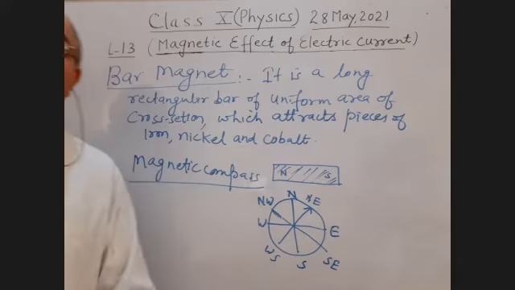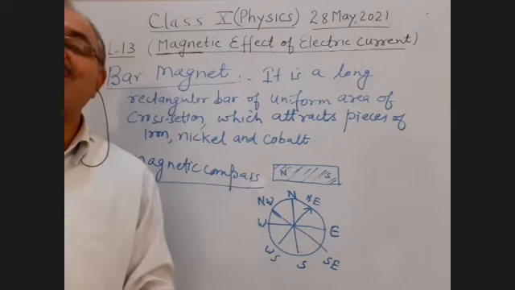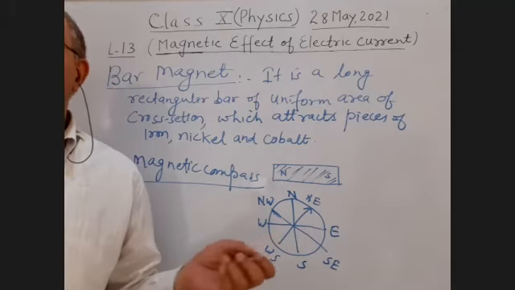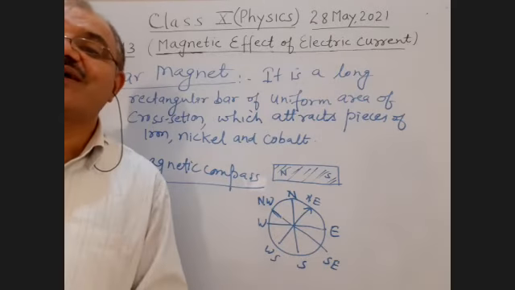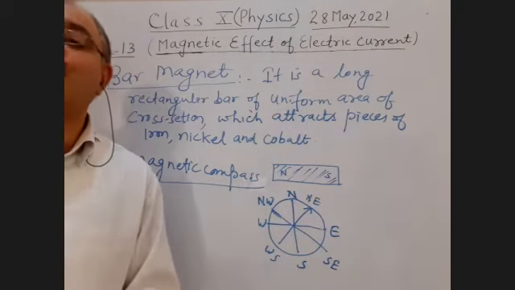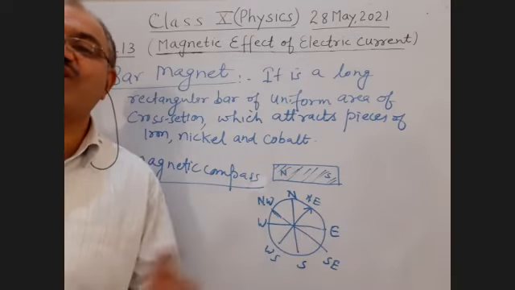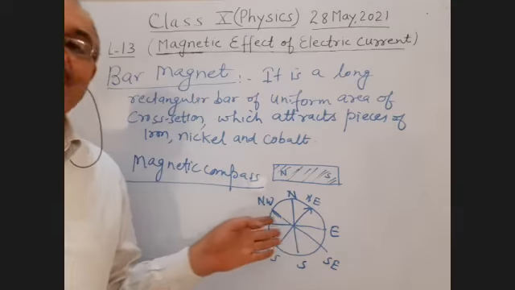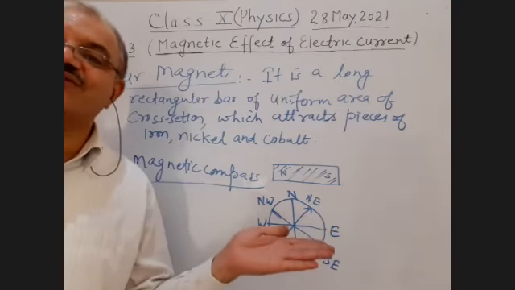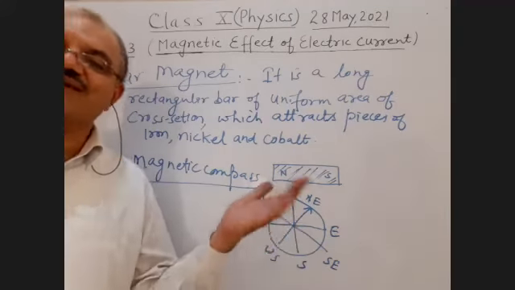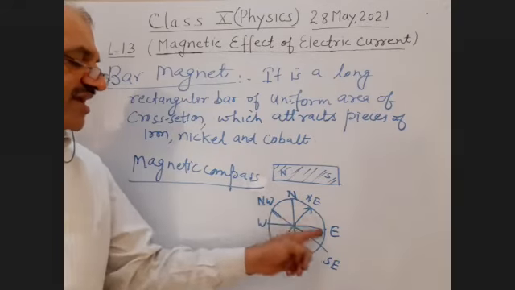Ultimately, students, where was the magnetic compass used? Generally, still it is being used in the defenses, in the army. For example, they are going in the war field, and they are not knowing where they are presently. They are in the forest. They are not knowing the directions. So when they have this compass, immediately they will come to know with the help of the compass, yes, they are in the north direction, south direction, east direction, west direction, or in between, northeast.